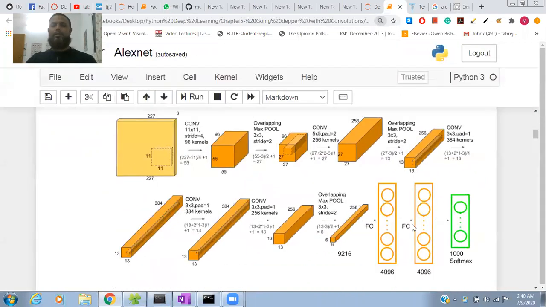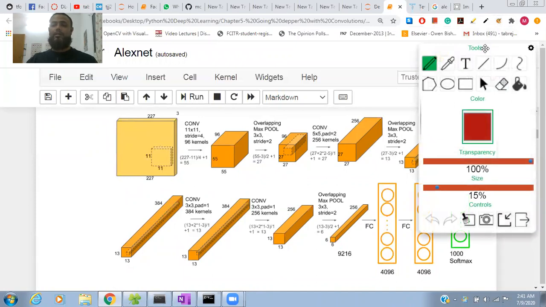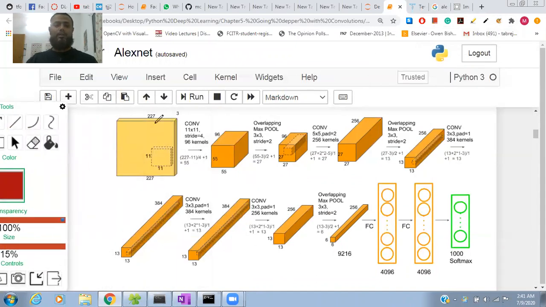Okay, fine. First they are using a high dimensional, high resolution image, that is 227 by 227 in this research. For the first time they use this high dimensional image.